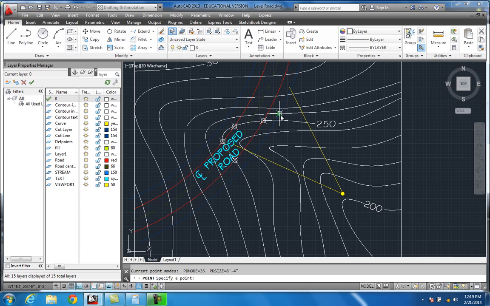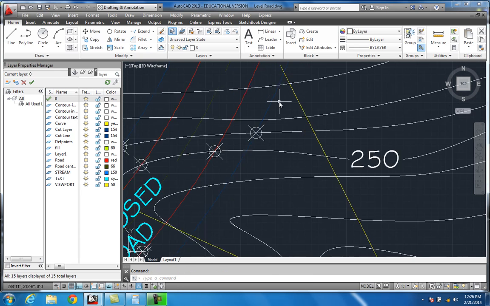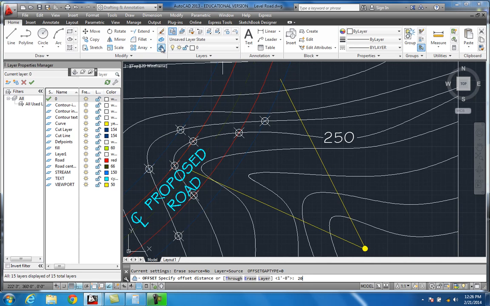So you just go up there and click that, follow your contour line to where it touches that offset of the one after the road. Follow your contour, click it, follow your contour, and that's where they intersect. Now we just repeat an offset. We go 20 more feet on our offset. And this time when we offset 20 foot,